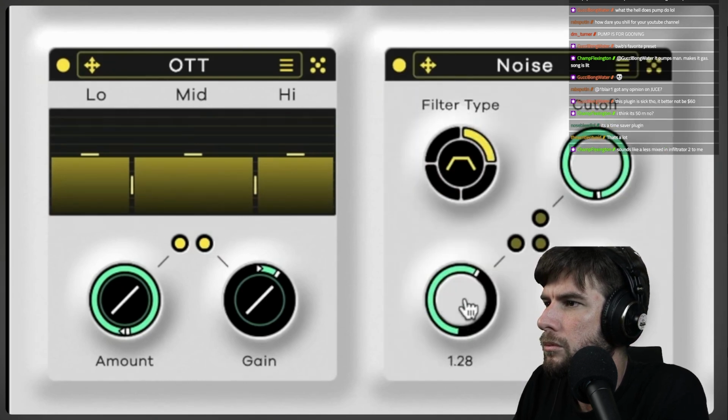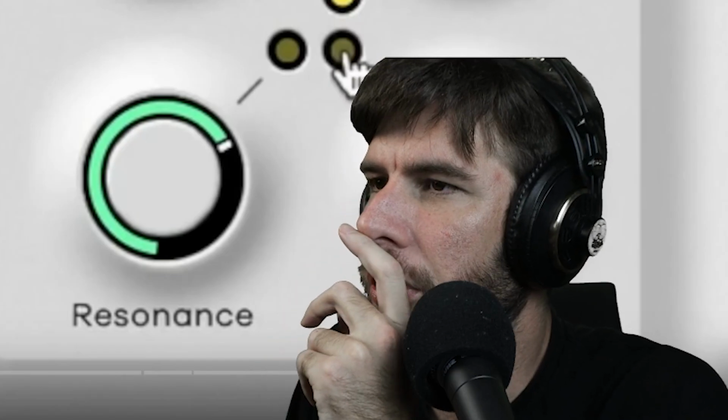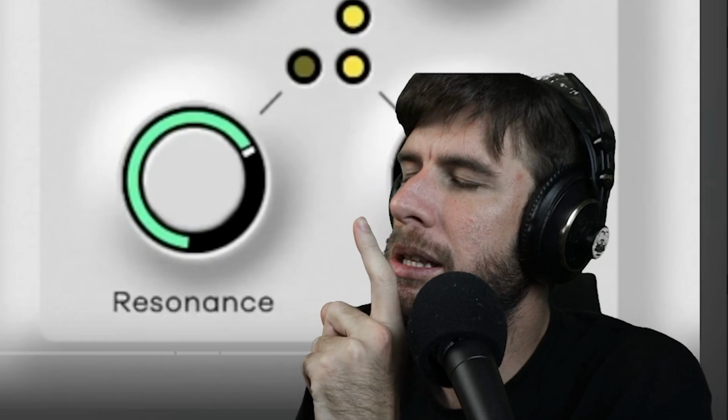I'm going to flip it to bandpass and again, switch some. Is there like a reverse function? Because that would be really good, I feel like, of these parameters. It'd be nice also if there was more than one macro. Like if you could have all of them on one macro except for the reverse, and then have the reverse one on a second macro, and then reverse it right before you get to the drop, you know?